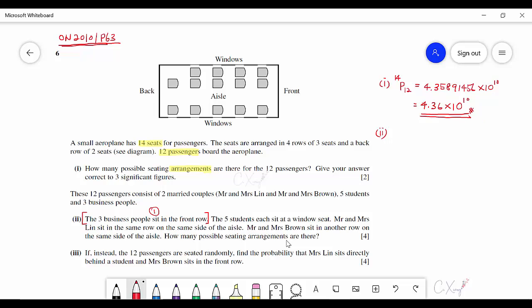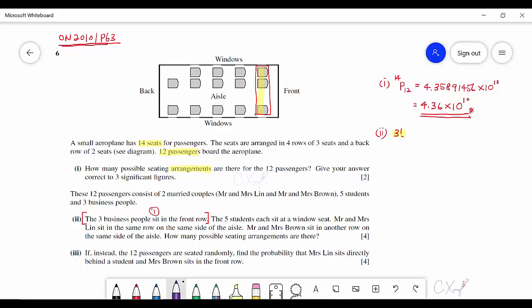So 3 business people sit in the front row. For the front row, you are having 3 seats and you want to arrange 3 people in. That means you are having 3 factorial or 3P3. The 3 factorial can be replaced as 3P3. That means you want to arrange 3 business people to be seated at the 3 empty seats. So 3P3 or 3 factorial, the answer is the same. So that means the first row here will be occupied by the business people. And after that, we continue further. Right, so next,